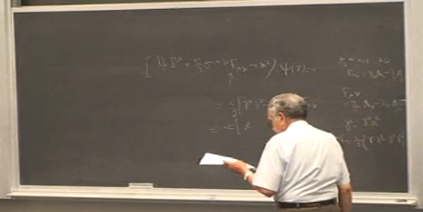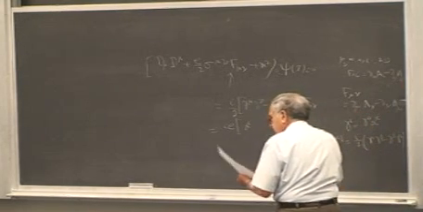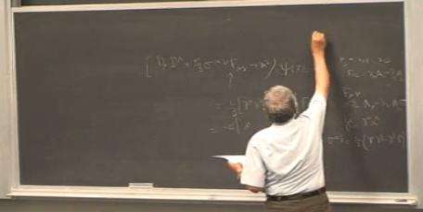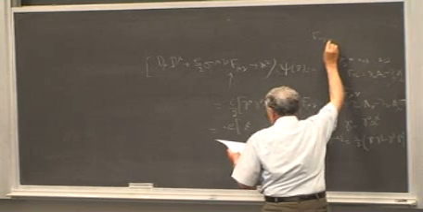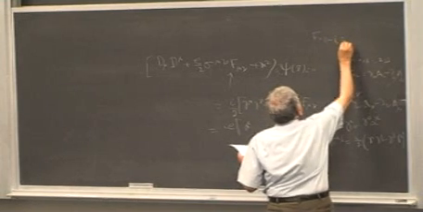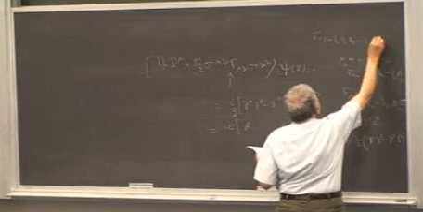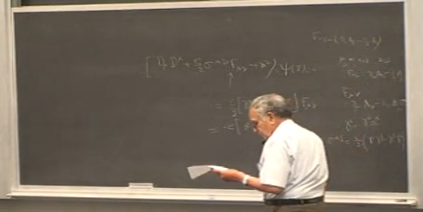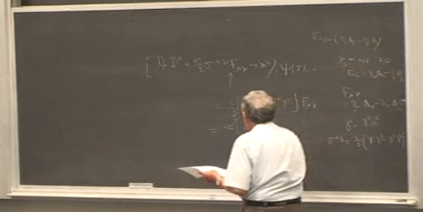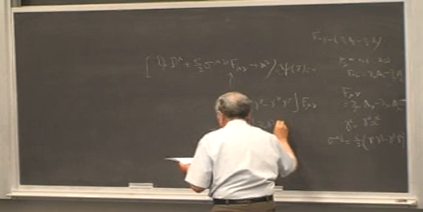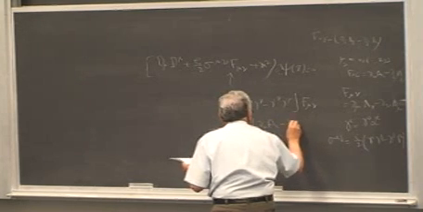And also you can see that Fij will be... So if you do that, then you will get here delta naught A i minus delta i